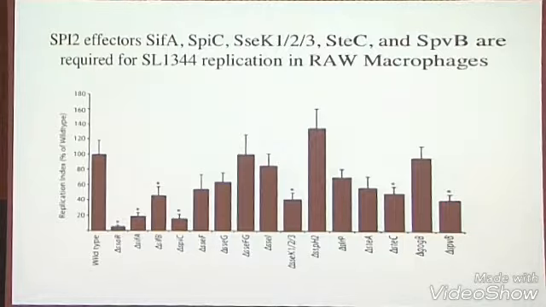And based on a bunch of studies that Michelle had done, we've now been able to identify which effectors we think are key for replicating in these macrophages. Some were known, some weren't, and you can see them listed up here. So I think the moral of the story right here is that obviously several effectors are involved in this macrophage replication, but not all of them. So obviously these things probably have other roles, or we're just not seeing the effects inside cultured mouse macrophages, which you could argue might be a little artificial.